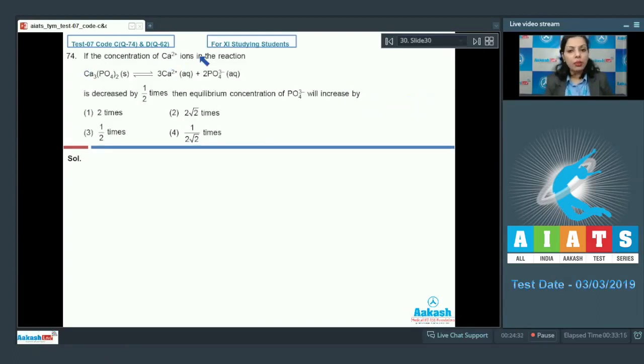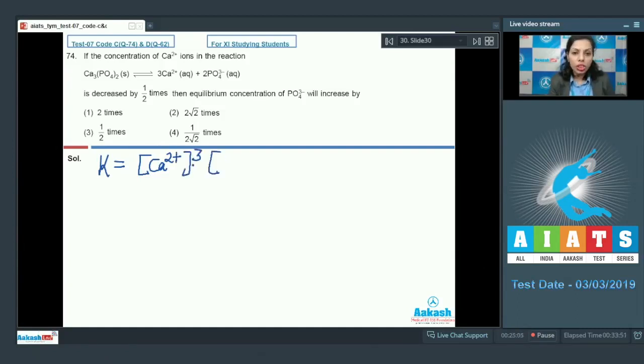If the concentration of calcium ions in the reaction, we have this reaction at equilibrium in which calcium ions and phosphate ions are formed, and in this case calcium ion concentration is decreased by half times, then equilibrium concentration of phosphate ions will increase by. So we are talking about the equilibrium concentration of these species. So simply if I talk about the equilibrium constant for this particular reaction, that would be the product of active masses of